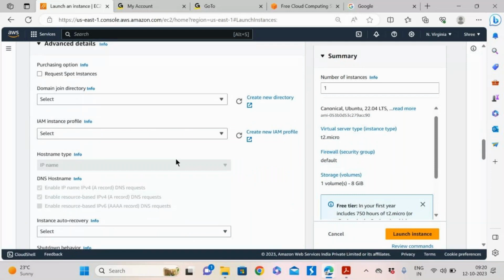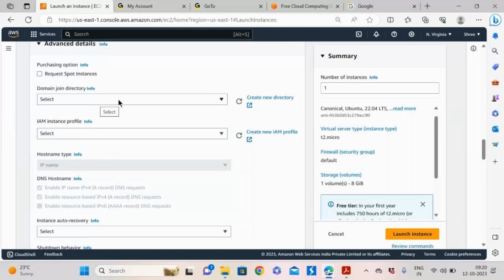Here there is a spot instance option, and reserved instances; those types of instances we'll discuss. There is an option called domain join directory. I think you should be aware of AD services, Active Directory services, which allow us to authenticate.